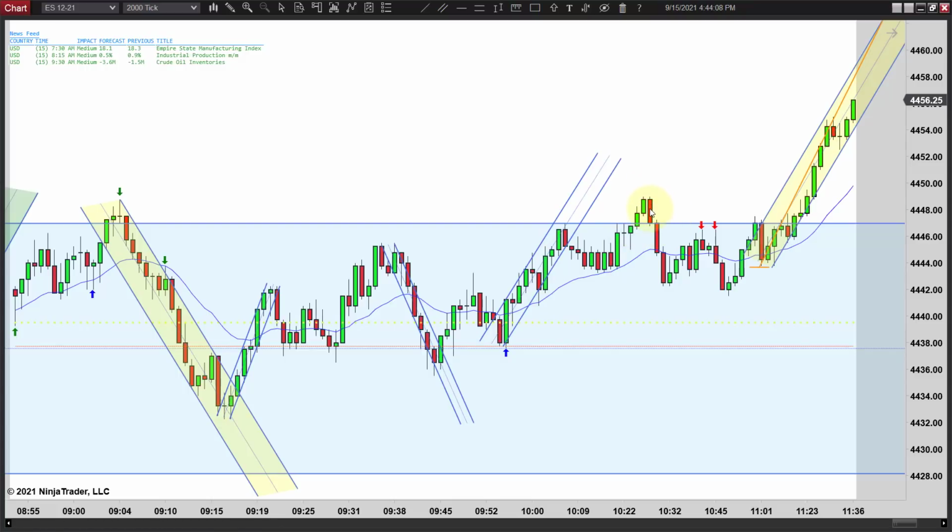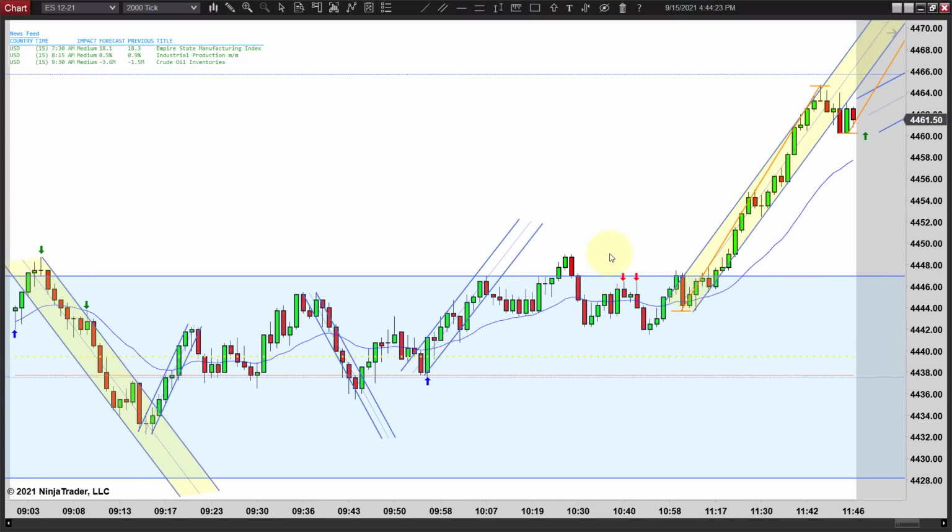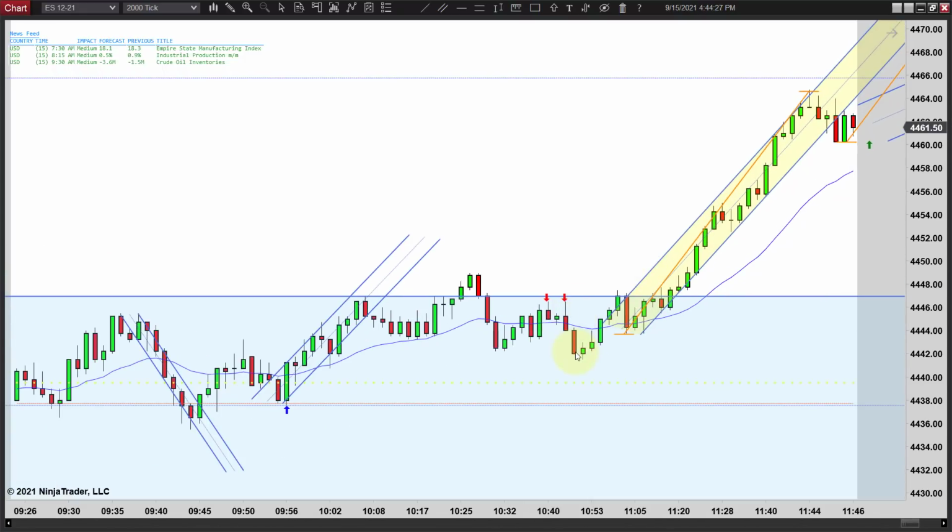I definitely wouldn't take that short. I'd wait on a lower high, and you actually get a lower high here on the second entry short. Notice that new low, first entry, second entry. It fails temporarily, comes back. I like entering there again. If you didn't enter here, especially enter right here, it's good for a scalp, a little more, and then it bounces,